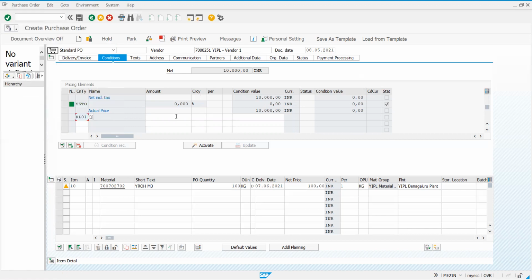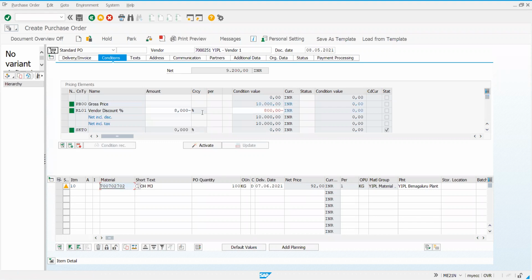For RL01, I'll take 8%. 8% discount. Just observe the screen. What happened? Are you able to see this is blocked? Yes, sir. Because of the discount we gave as part of the condition, it is automatically taking 8% minus.